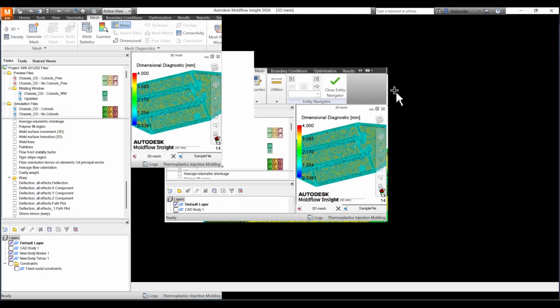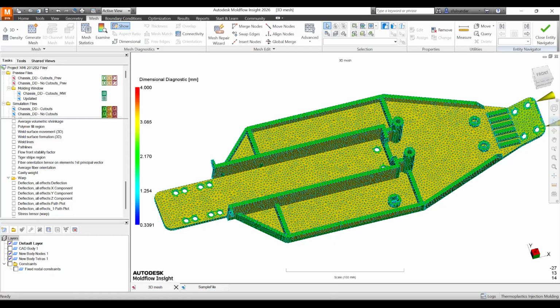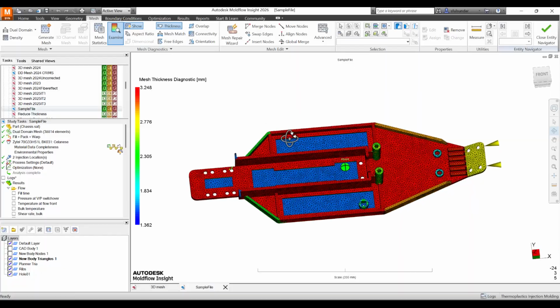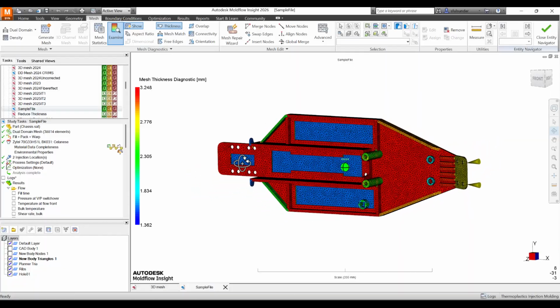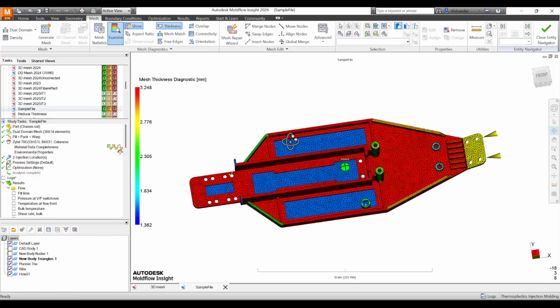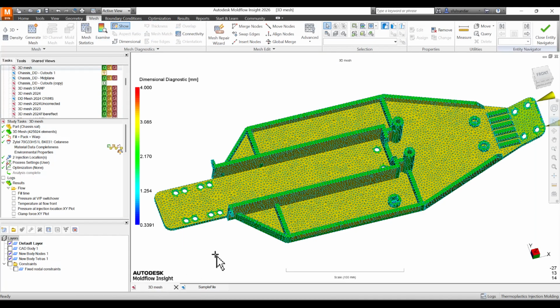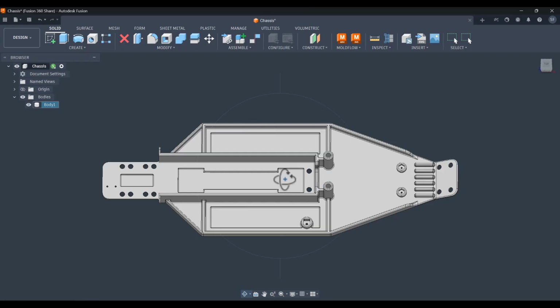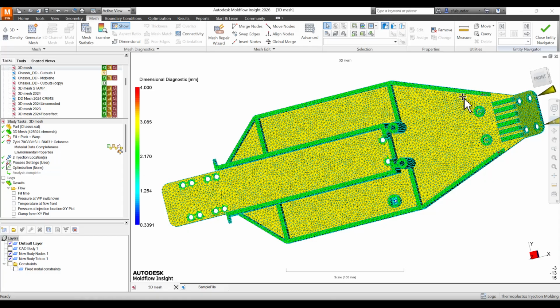I have two geometries to consider. As usual, I have brought the geometry into Moldflow and I created a dual domain mesh. So whatever results we are going to look at are available for both the dual domain as well as for 3D. Then I created the same model, but I removed some of the features. As you can see, this one has a lot of features and thickness variations. I simplified the geometry just to show you how these features change